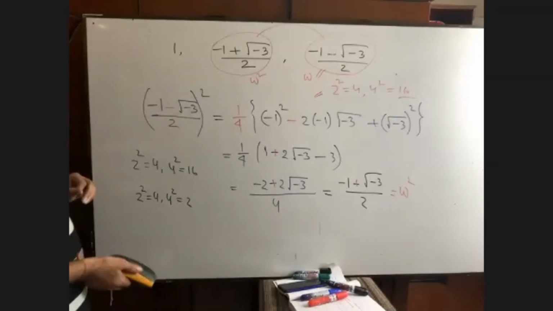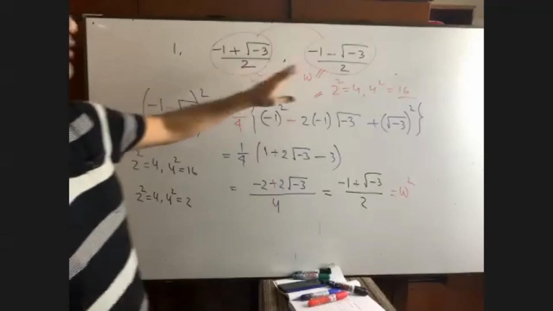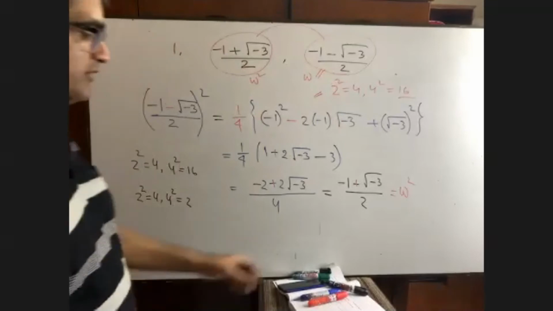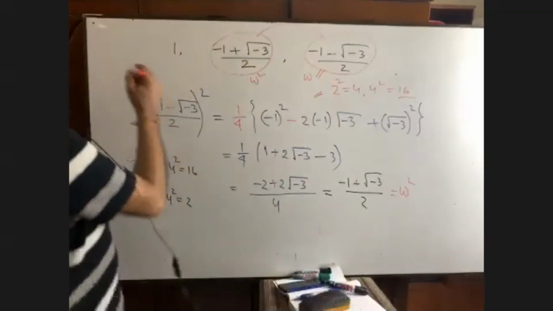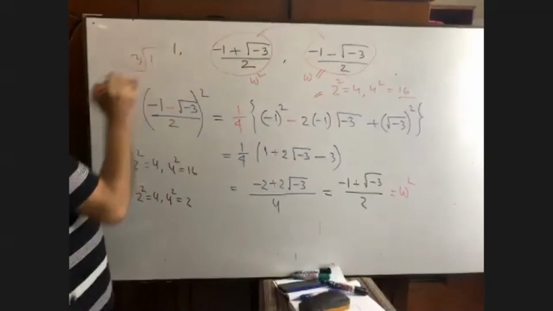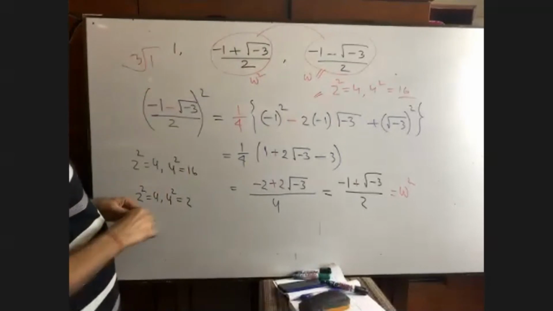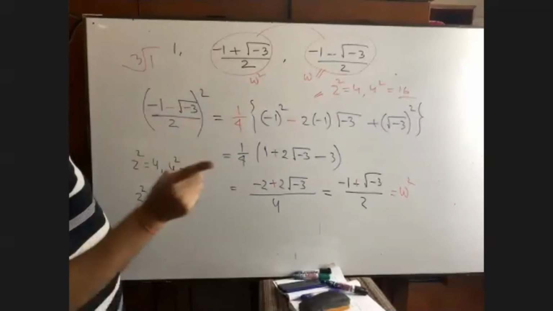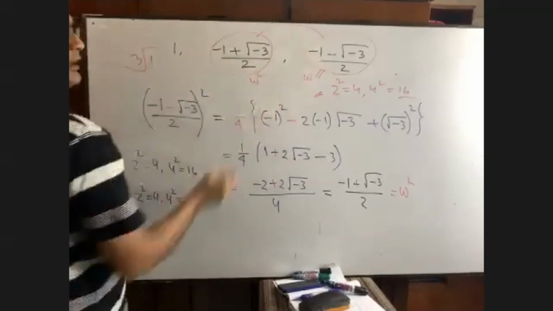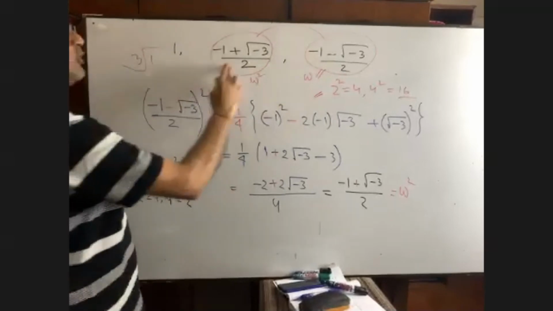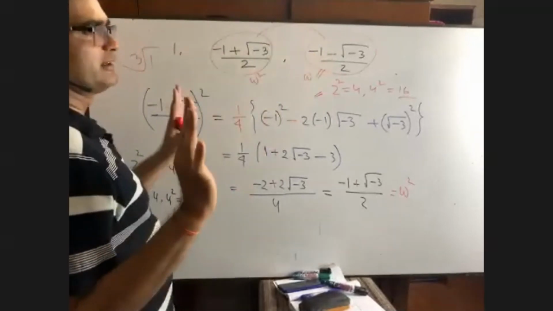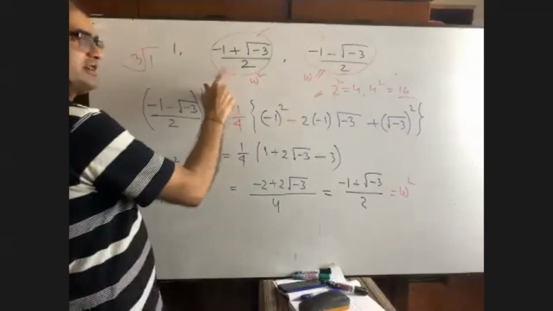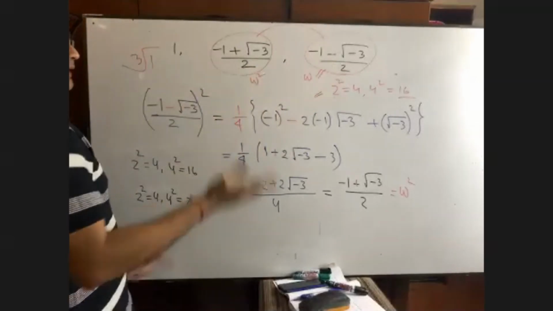Now, the specific value of omega is this. It is omega square, or it is omega square. It is a specific value, because we have got the cube root of 1. We have got this value. If it is 5, suppose, then it cannot be taken as omega. Omega has a specific value, this or this. And omega square has a specific value, this or this. Either of these two can be taken. If one student takes this as omega and this as omega square, she or he is right. And vice versa is also right.